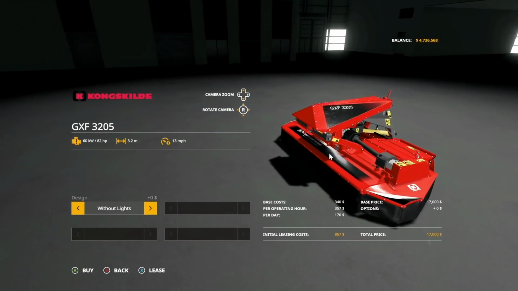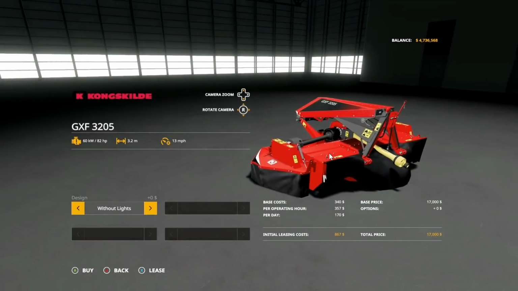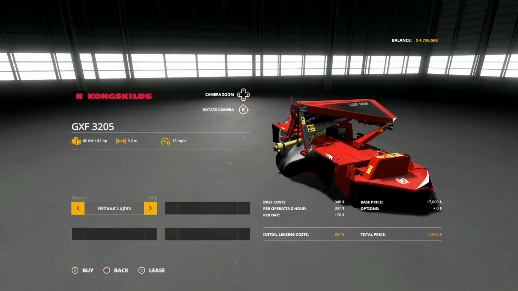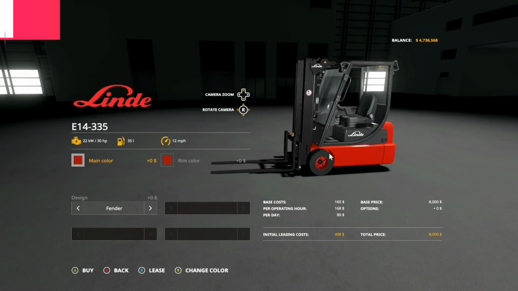This is dynamic moving cloth, folding cloth, less power consumption, down to 82 horsepower. Attacher does not dive into the cloth in the upper position anymore. More ground clearance in the higher position, optimize foliage bending, and fix the decals. This is going to work perfectly with the mod that released today, this bad boy. We got an update to the Linde